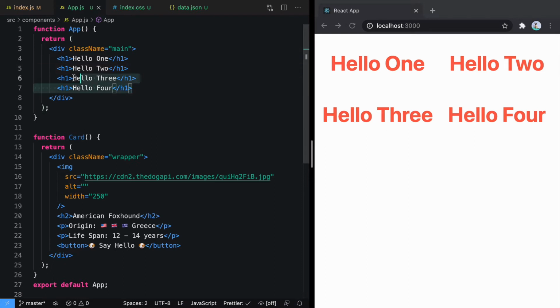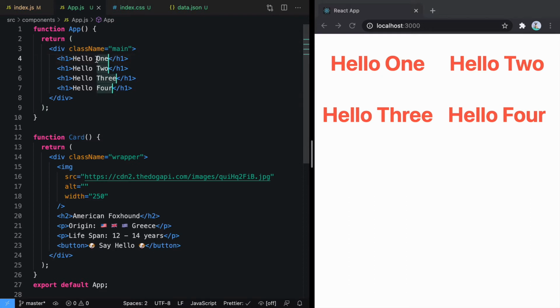So if you look at this UI, you will feel that all these H1s look very similar. Right now there are only 4 H1s, so it is easy, right? But what if you have thousands of H1s with different data? It will be really hard to copy and paste the whole thing because you have to do it 1,000 times. So now let us try to see how we can fix this problem. If we look at all these H1s, we will see they look very similar. The only difference between them is the digit 1, 2, 3 and 4.